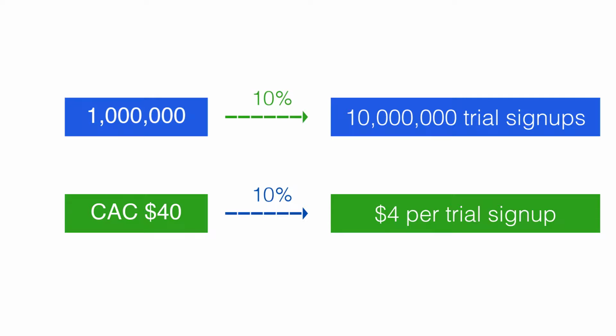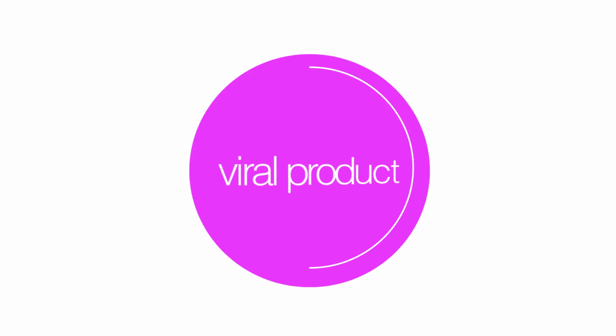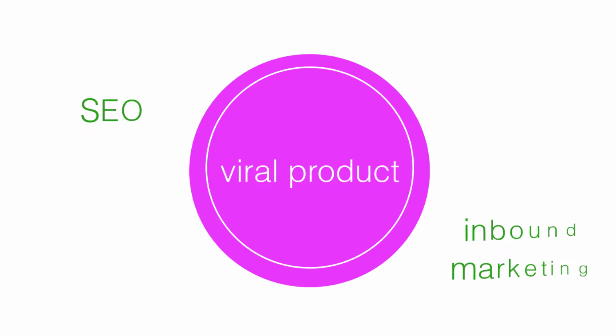So you don't have a lot of money for these trial signups, and most of your leads have to come organically, if you're trying to get 10 million trial signups. In that case, you need a viral loop inside your product. Or you should get all of these signups with a lot of SEO and inbound marketing. But it's pretty rare to get millions and millions of signups with SEO and inbound marketing with $4 per trial